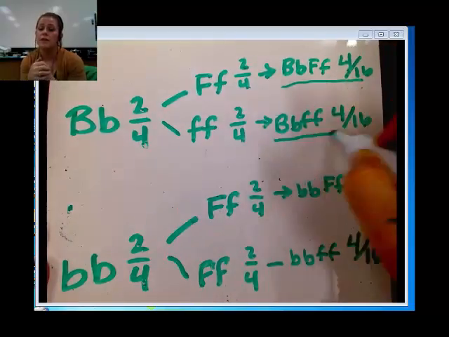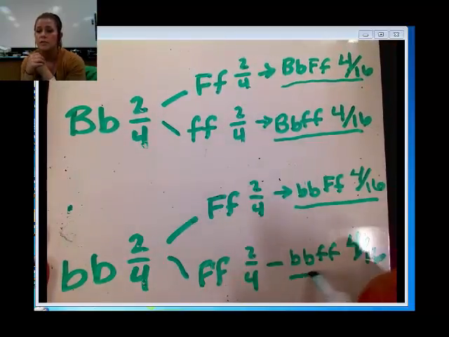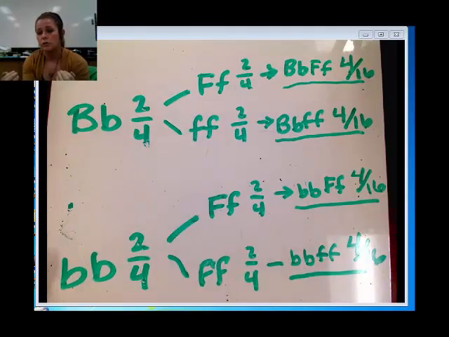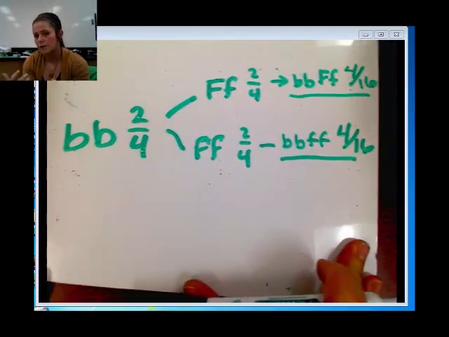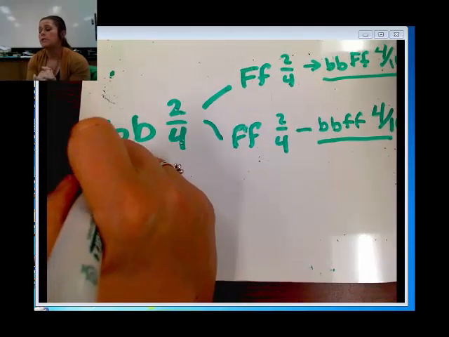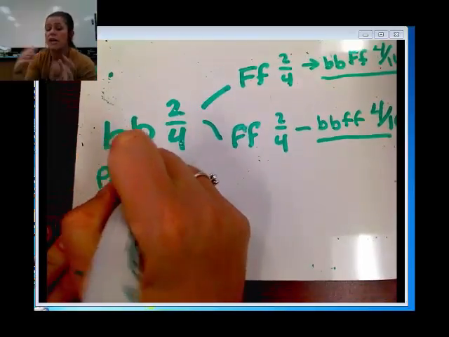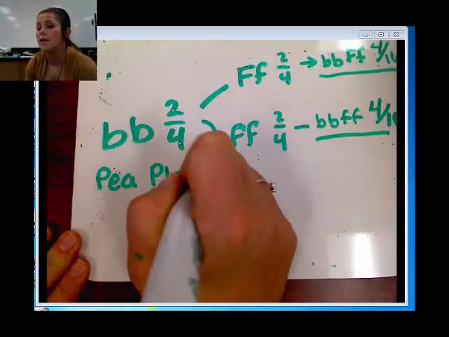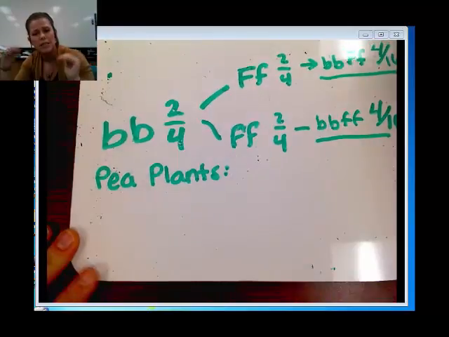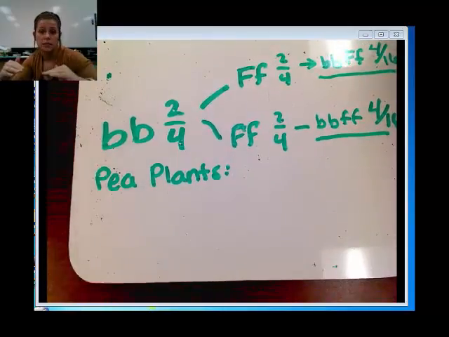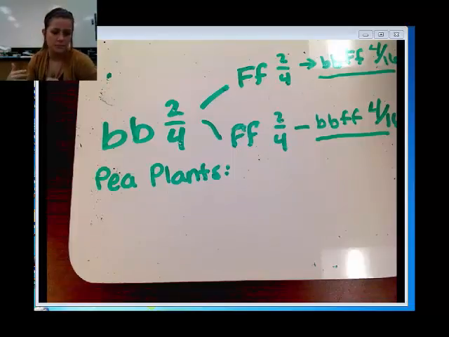Now, to find out the phenotypic probabilities, you would just have to describe what those individuals would look like, and you could go from there. So now what we're going to do is go ahead and try our challenge problem, and you're going to do that via the pea plants. And so you'll want to make sure that you copy down this part, the pea plants for your challenge problem. So we know that in pea plants,